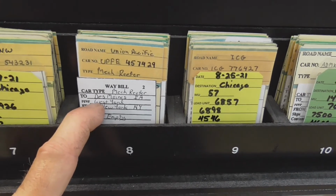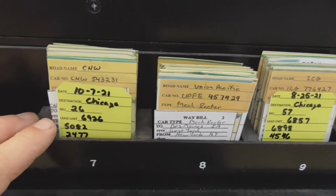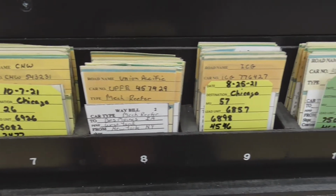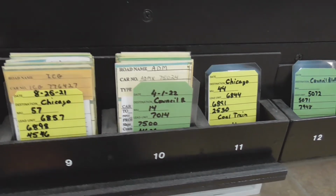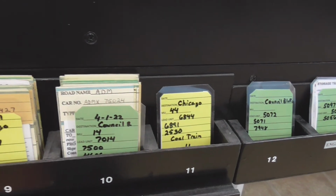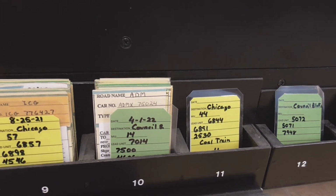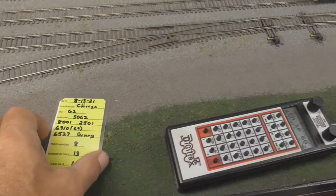So the last thing I have to do is I make a new engine card, and it will be turned to a green one, instead of the yellow one. It will be set up for Council Bluffs the next time it comes out. It'll be a westbound train. So I'll take care of making a new card for that. Here's my old